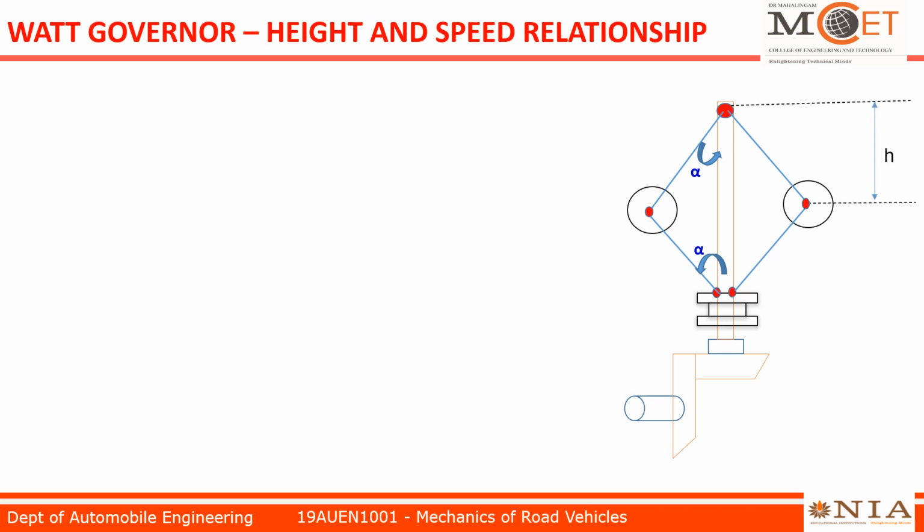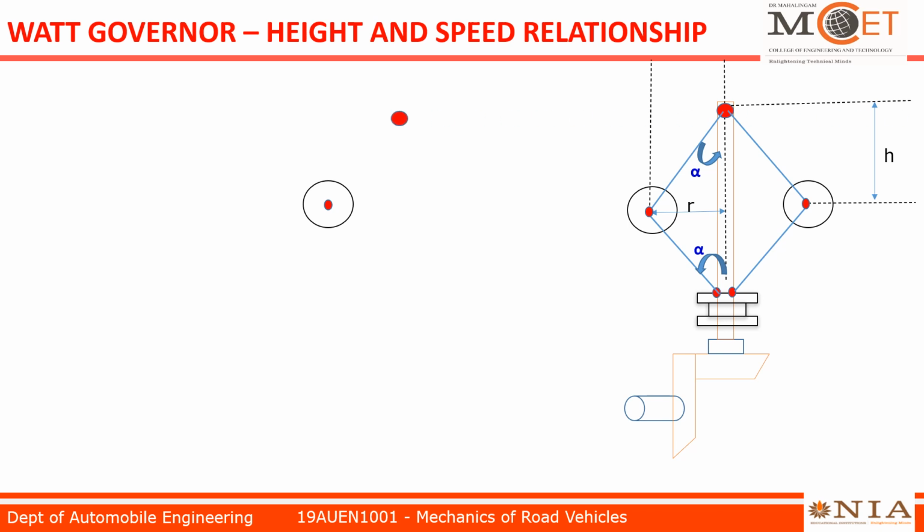It has a height h and radius of rotation r. As you know, to analyze the characteristics of any system, we have to make a free body diagram. We already discussed this in our CO number 1, that is force analysis. For clear understanding and easy analysis of the Watt Governor, I just make a free body diagram of the fly ball,